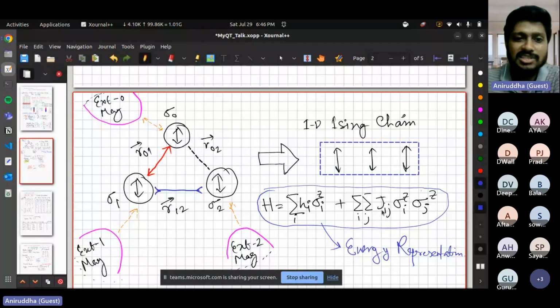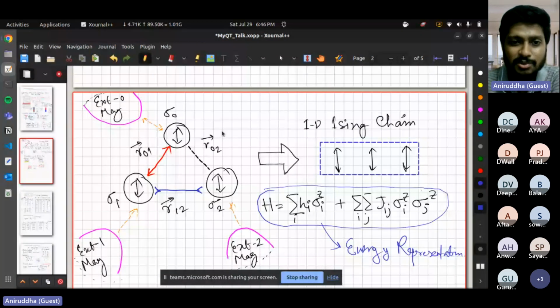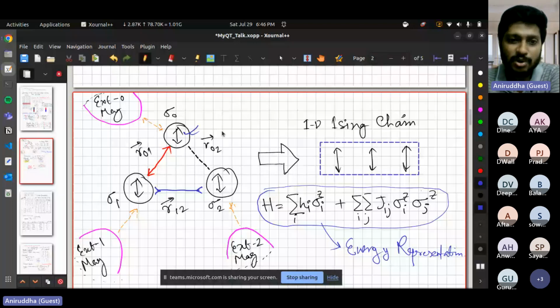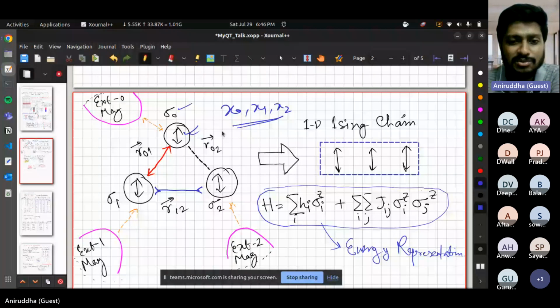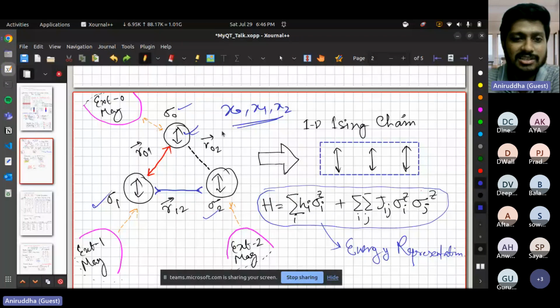So that's why I have shown the superposition state with an up arrow and a down arrow both, because it can be either up or down. I'm not sure, so that's why the arrow has two heads, up as well as down. My problem had three variables, X0, X1, and X2, and here I basically have to convert them into three possible spins, sigma 0, sigma 1, and sigma 2. You can consider it that way.